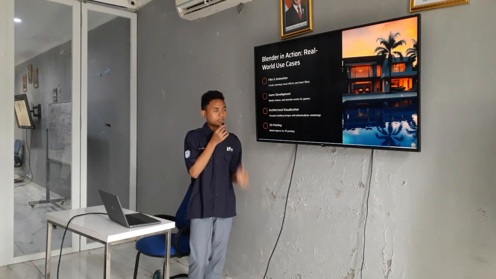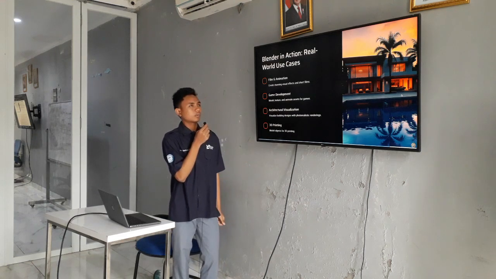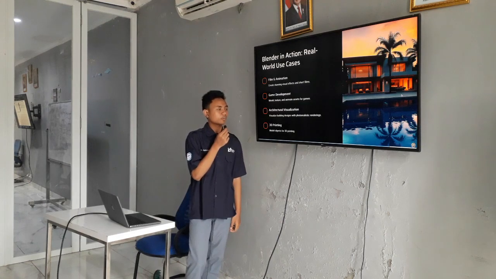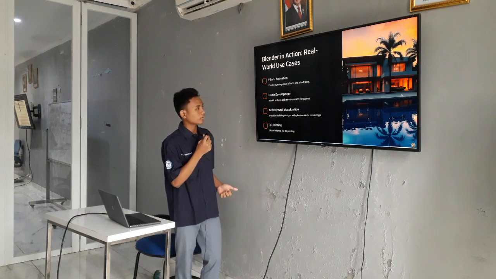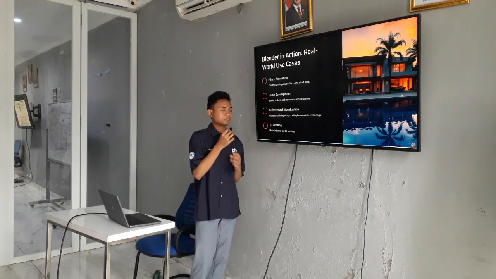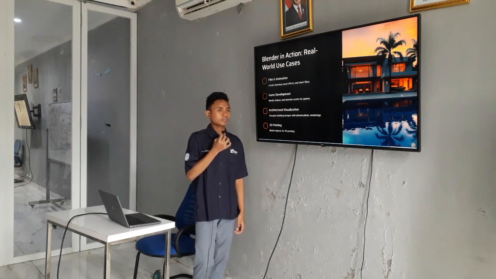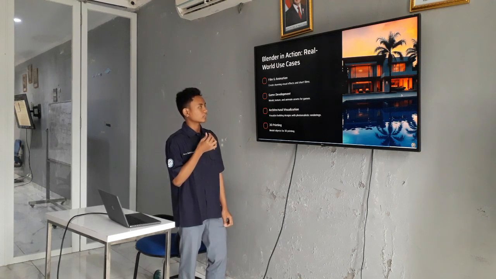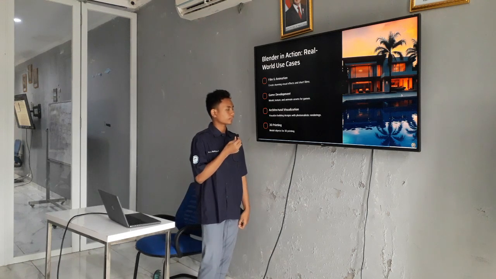the next is game development. So a developer can make a model, texture, and animate assets for games. So they make it in Blender, and then they convert the file to the game development software.